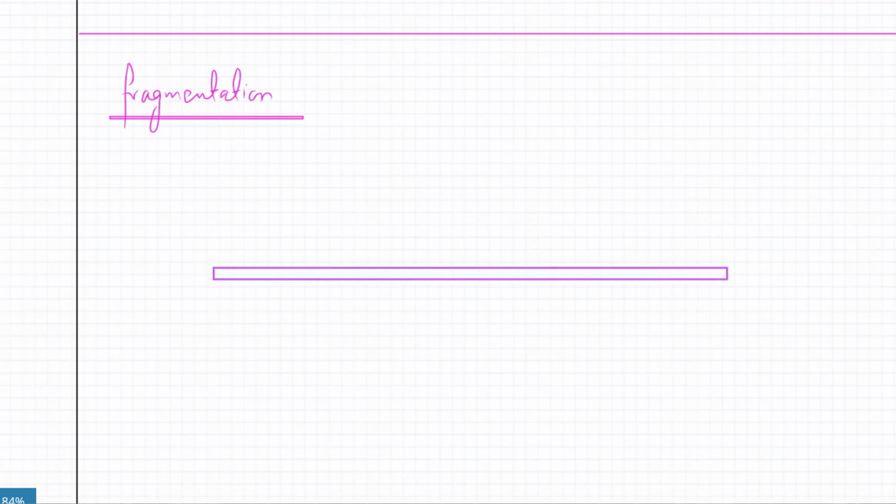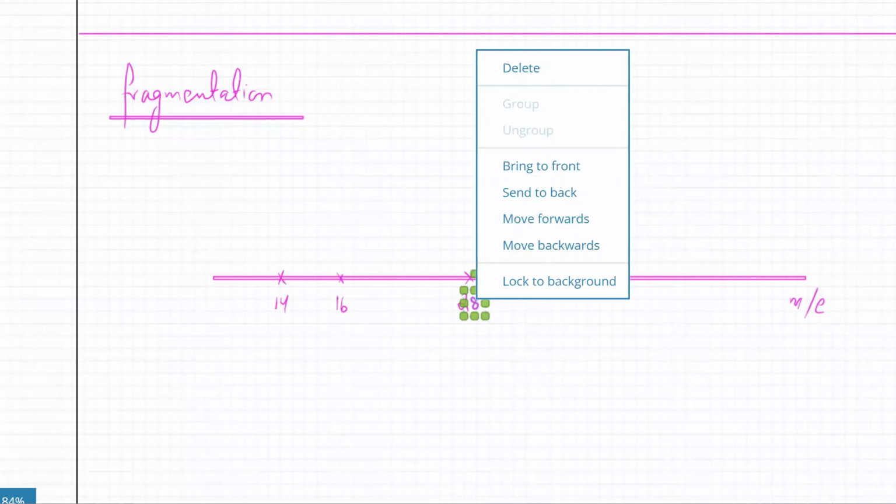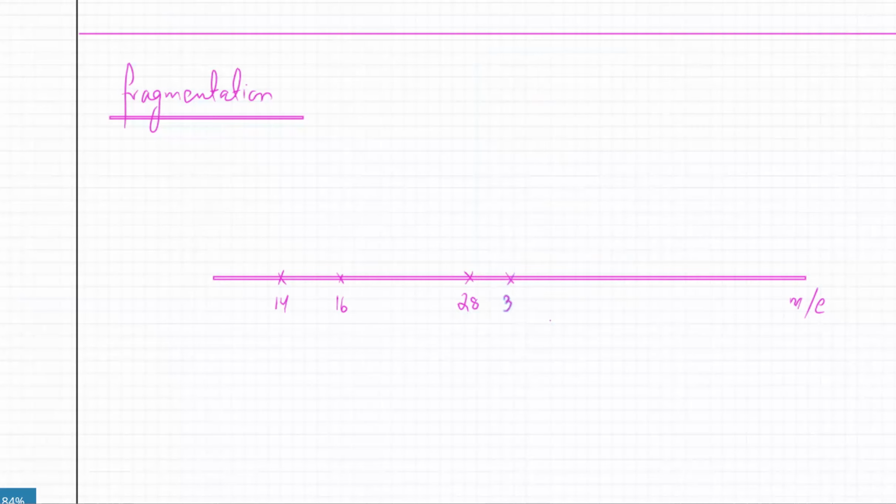Fragmentation: the fragments give you some very important information. For example, I have a molecule and I'm getting different fragments. This is what the peak looks like. This is the mass axis, mass to charge axis. I'm detecting something with a mass of 14, something with a mass of 16, something with a mass of 28, something with a mass of 30, and something with a mass of